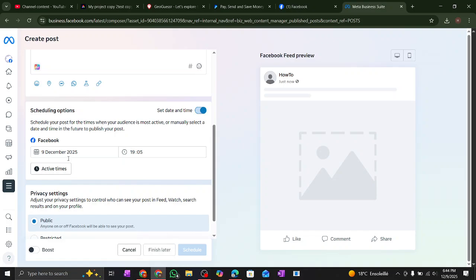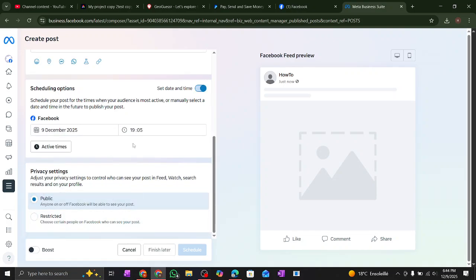post for. Here the day and here the hour and the minute. Once you finish, just click on schedule. This is how you can schedule posts on your